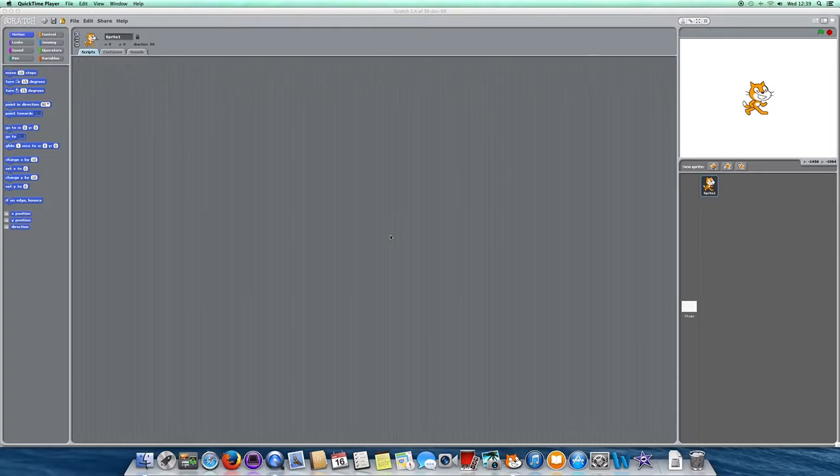Today I'm just going to show you how to make a quick shoot 'em game using the Scratch program. Standard layout when you start the program up. What we're going to do is just going to